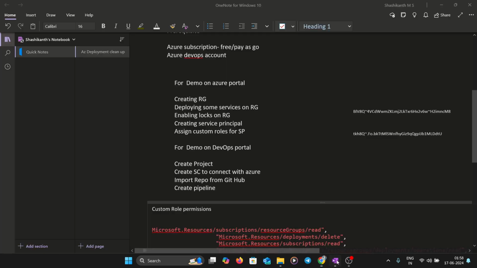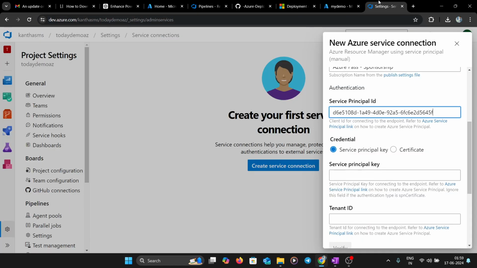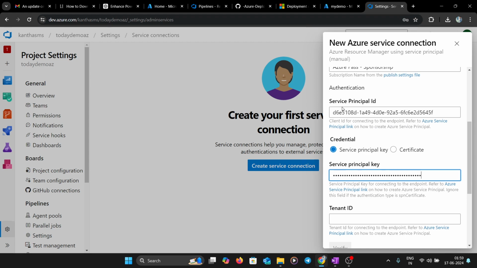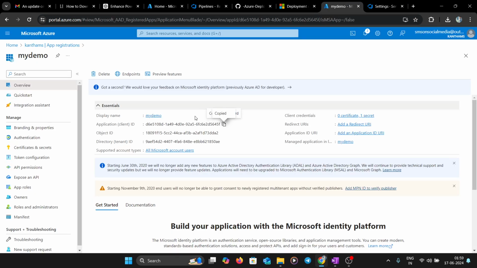The service principal key is the client secret we created before. We copied the value and stored it, and that is the key. Copy that and paste it as the service principal key. Then the tenant ID. The tenant ID is present here, the directory tenant ID. Copy this